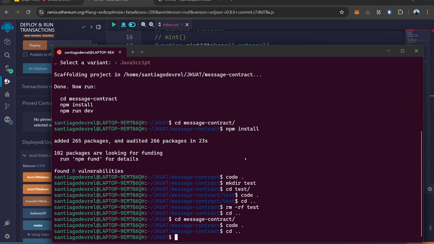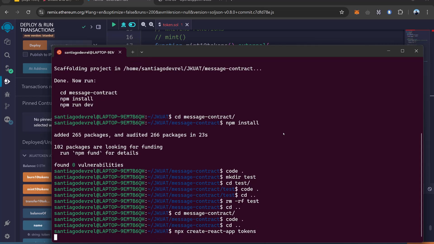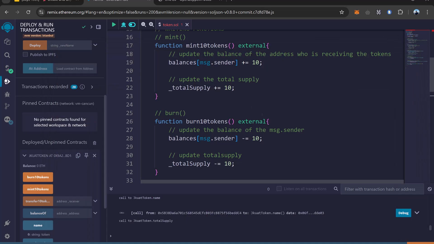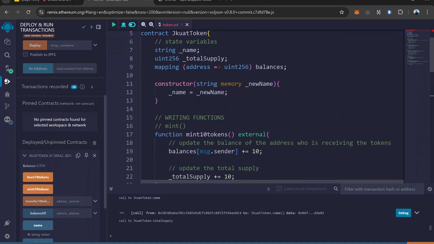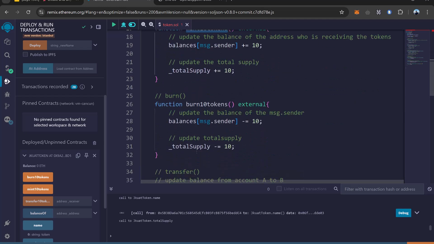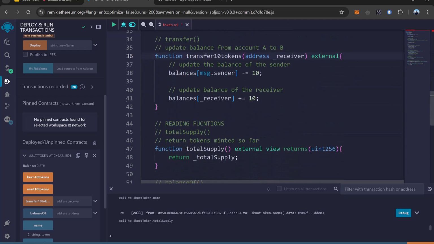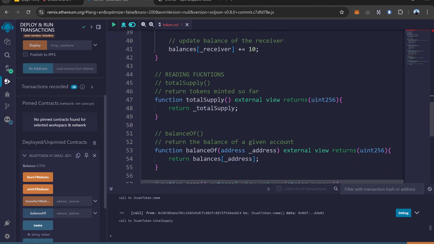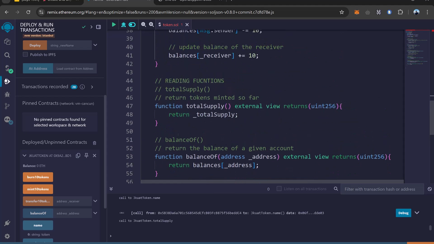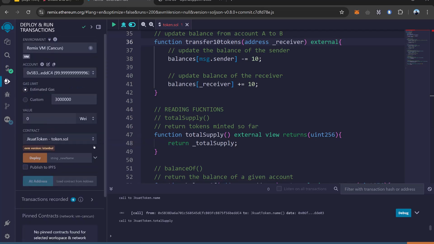So now let's have fun with React. I will try to be slow in this one too. I think we can take maybe 30 minutes more if you have time. Tokens, and then let's have this React app. I want a React app that can interact with these 6 functions: 1 to mint, 1 to burn, 1 to transfer, and then 1 for getting the total supply, balance of, and the name. That's okay. That's a little bit